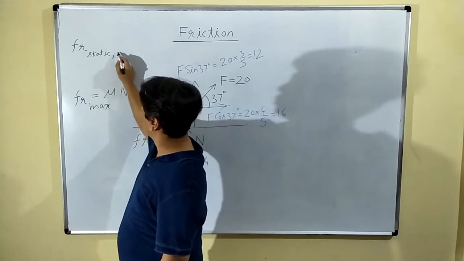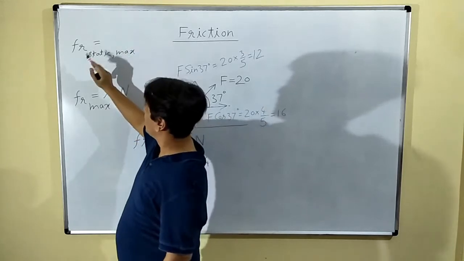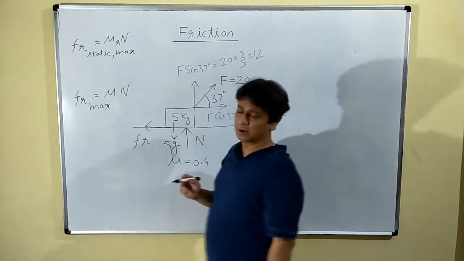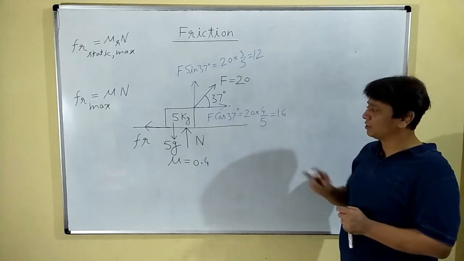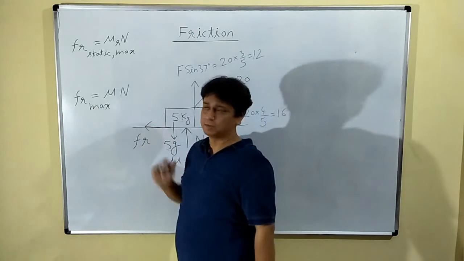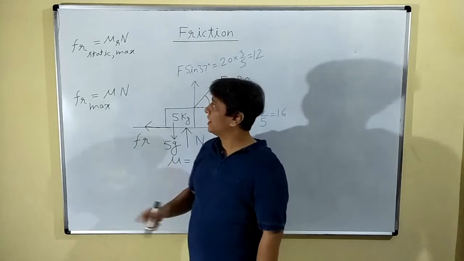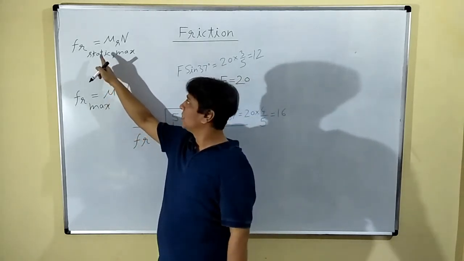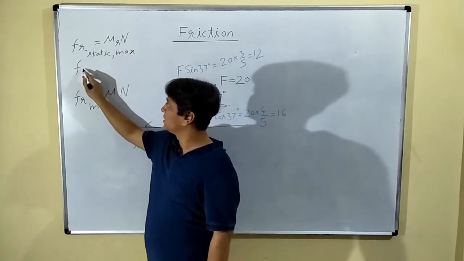But then, as I told you, if they give you only one value of friction, Fr static maximum is given by mu s into N. Now in this case, they have given us only one value of mu, and therefore we'll simply say Fr maximum is mu into N. Otherwise, you know that if things are static, then static friction is self-adjusting, and the maximum value of self-adjusting friction is mu s N. Whereas when things move,